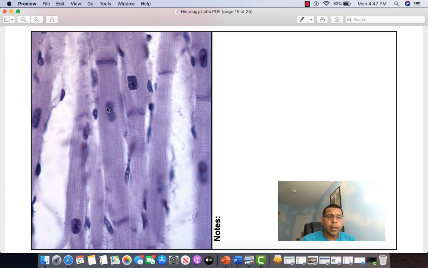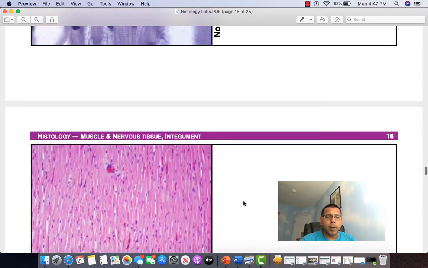And then nuclei, nuclei, nuclei, and an intercalated disc. Okay, and then here we've got smooth muscle,